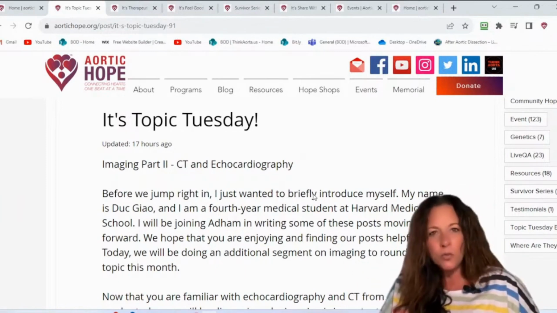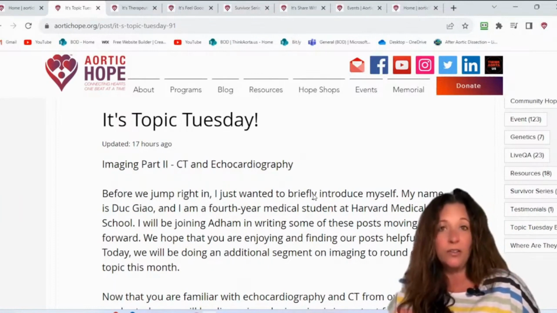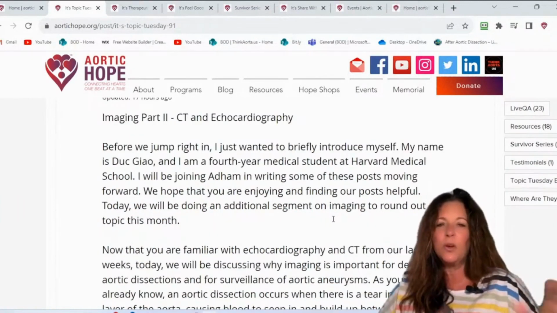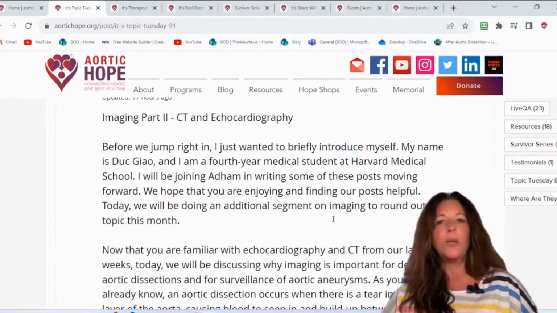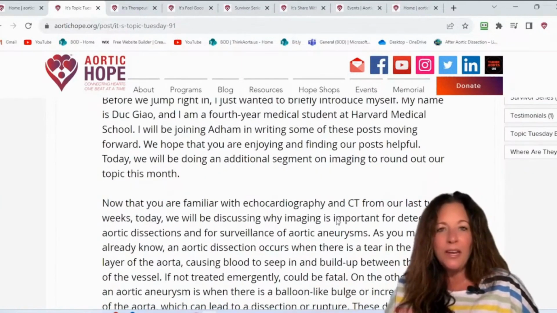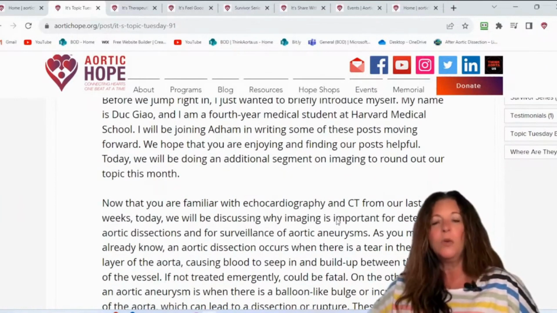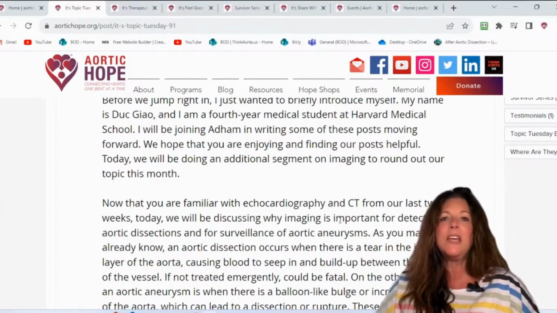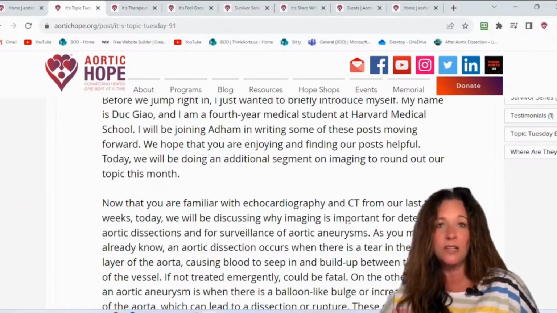So the first week, we talked about actually echocardiograms or ultrasound. And in this week, we talked about a little bit more. And we're going to get into a couple of the diagnostic testing that typically happens in the community over the next couple weeks. So now that we made everyone familiar with echocardiograms or echocardiography, which was a week ago, and CT, now we're going to talk about why imaging is so important for surveillance when it comes to aortic dissections